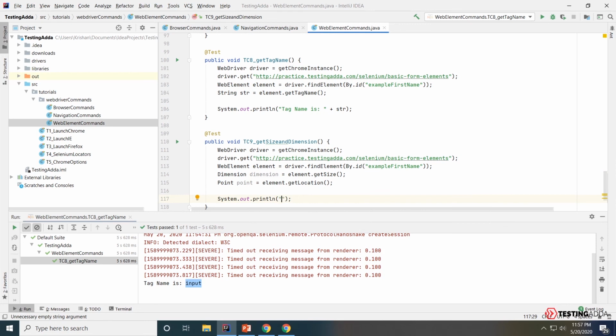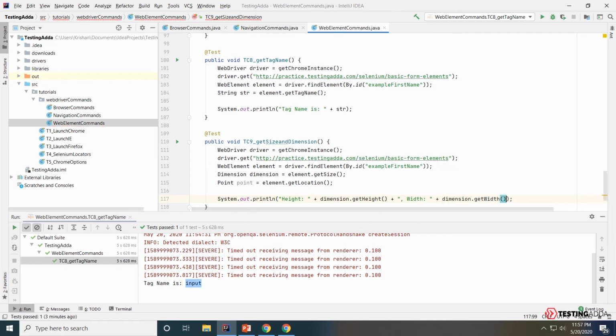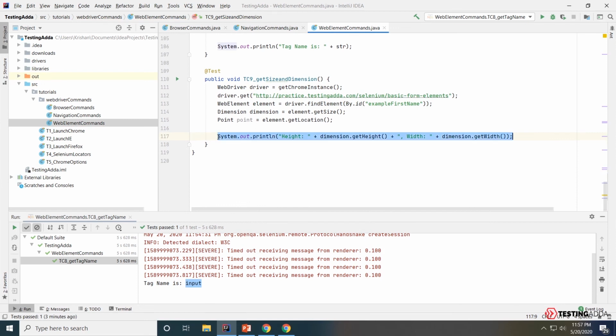Dimension is all about height and width, so you can print height plus dimension.getHeight, which will return the height of this first name element. Then print the width as well: width plus dimension.getWidth, which will return the width of the element.